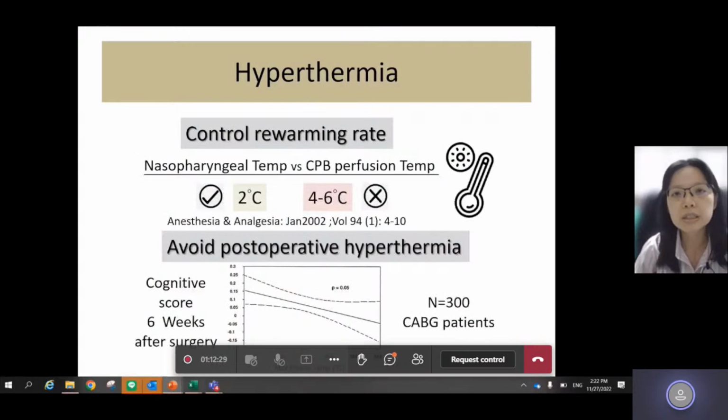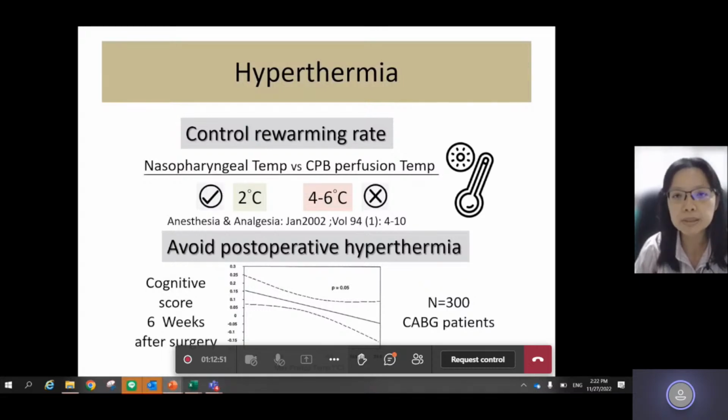Here we are going to talk about the other risk factor. It's called temperature. During the pulmonary bypass, if we want to rewarm the patient, it is suggested that we should control the rewarming rate. We should control the nasopharyngeal temperature and the cardiopulmonary bypass perfusion temperature gap to less than 2 degrees,